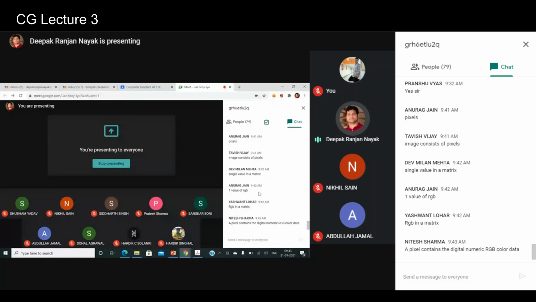So what we ultimately get is the digital image, which is composed of a set of pixels, and each pixel has two different things. Please remember, one is the coordinate and one is the intensity value, or color value. And images are basically of three types: one is the binary image, one is the 8-bit or grayscale image, and one is the color image, right?